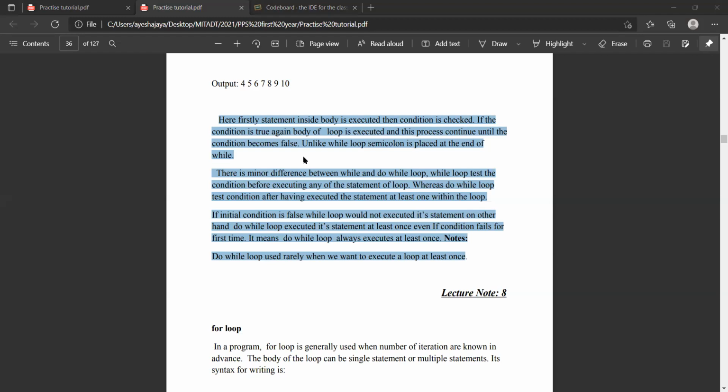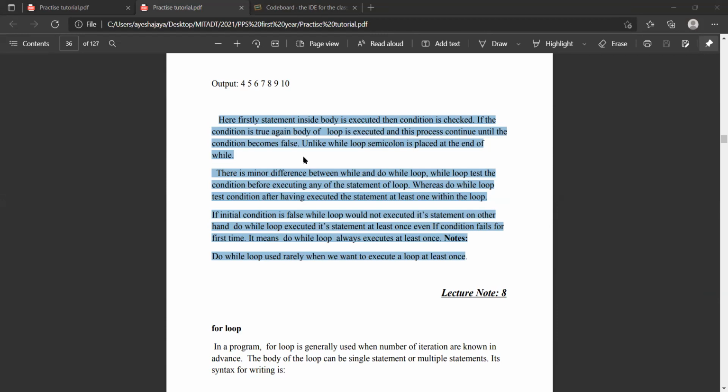Here, firstly, statement inside body is executed, then condition is checked. If the condition is true, again body of loop is executed, and this process continues until the condition becomes false. Unlike while loop, semicolon is placed at the end of while. There is a minor difference between while and do while loop. While loop tests the condition before executing any of the statements of the loop, whereas do while loop tests the condition after having executed the statements at least once within the loop.